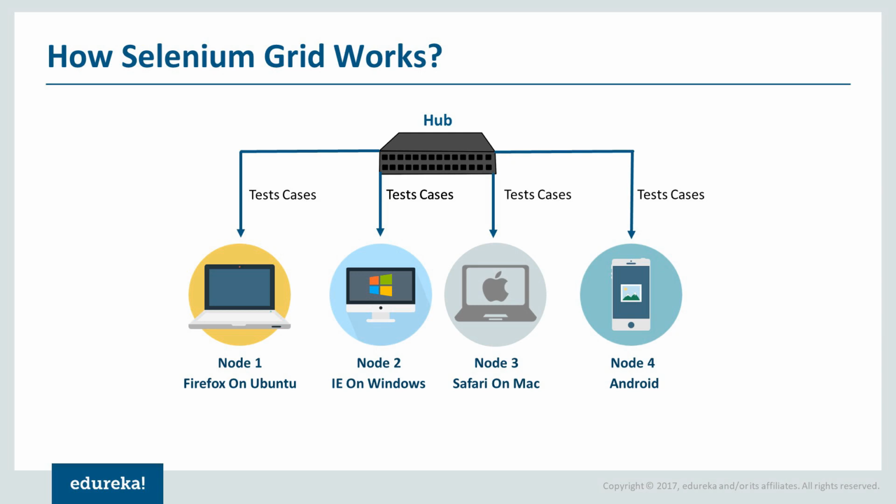For example, say on your Node 1, it can be Windows and Chrome. On Node 2 also, it can be Windows and Chrome, right? It doesn't matter. It is not necessary that everything should be different. They can be the same. The only purpose of this is your parallel testing, along with which this is going to be your compatibility testing, right? On all the platforms and on different browsers. So this is going to be a compatibility test. So this is how your grid would work.